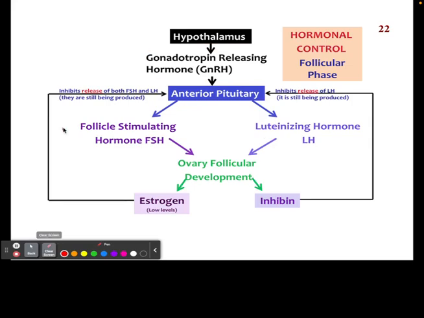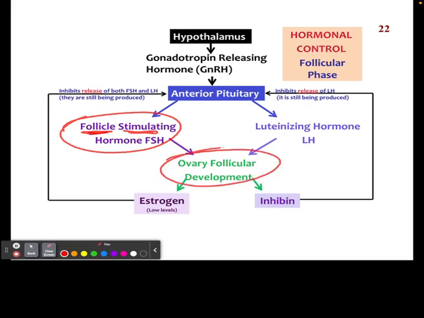Let's start with FSH. Again, what's nice about the name is it's directly in it, follicle. And as we discussed earlier, the follicles are what are going to give rise to the eggs in the ovary. So with that said, the follicle stimulating hormone is doing exactly that. It is stimulating the follicles. It is preparing them to become eggs so that they can be used for fertilization. So when these are released, specifically, they are going to help to produce estrogen,